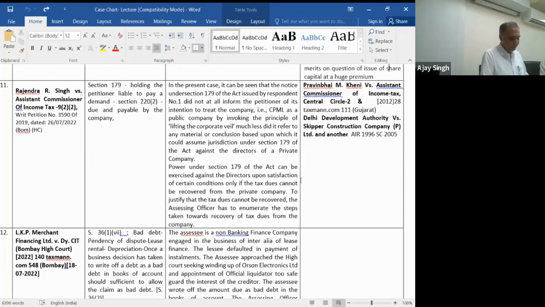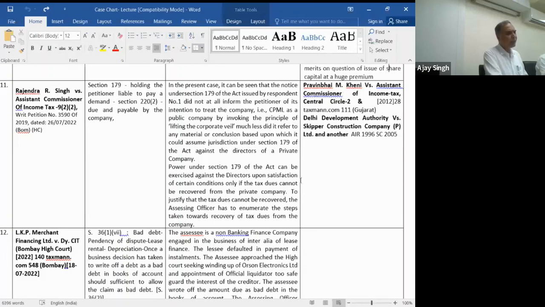It was pointed out that in order to safeguard its interest, the assessee had decided to write off this debt, and there was a long pendency of disputes, and on that basis it had claimed the bad debts. The department had rejected this particular